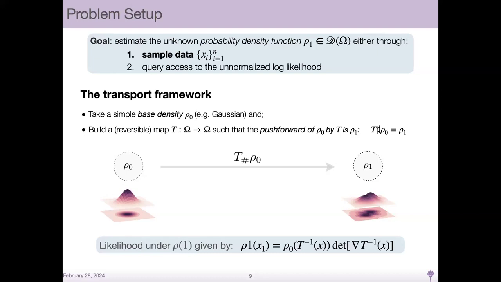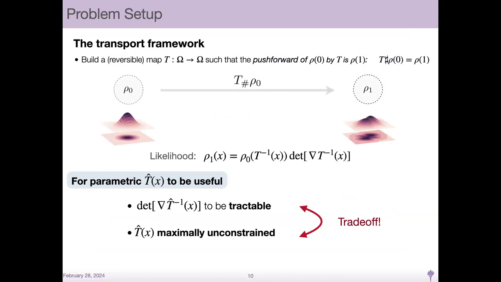And this is actually a means of expressly defining the likelihood of ρ1, defining the type of density. If we know the density ρ0 and we know aspects of this map T, namely its Jacobian, and have an ability to compute the determinant of that Jacobian, then we actually have a definition for what the density ρ1 is, and this is a way of defining basically the density we study. But there's an obvious problem here: if I had this map a priori, my problem would be totally solved. We don't know what it is, and we need to devise algorithms, methods, and perspectives to try to infer what this map T is from data or from descriptions of this problem.